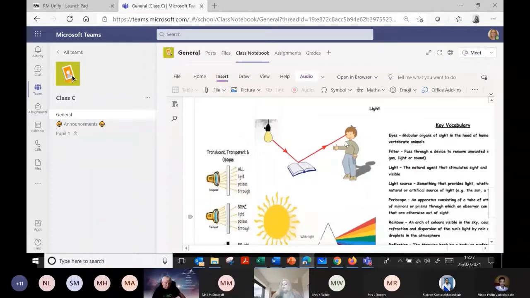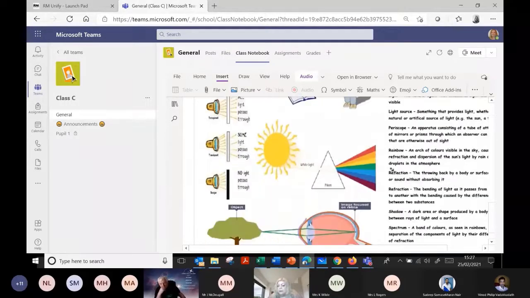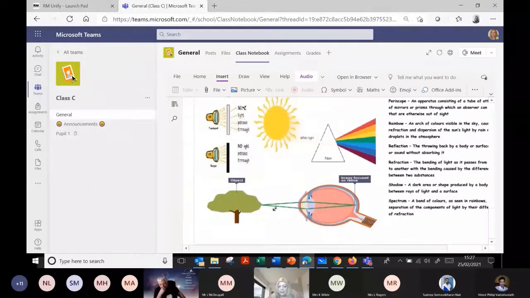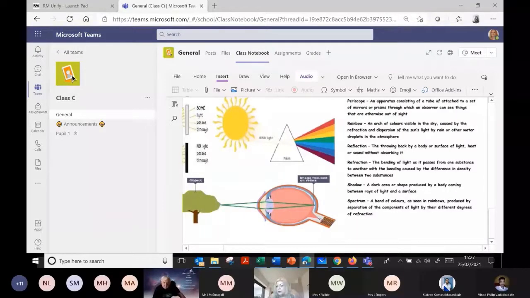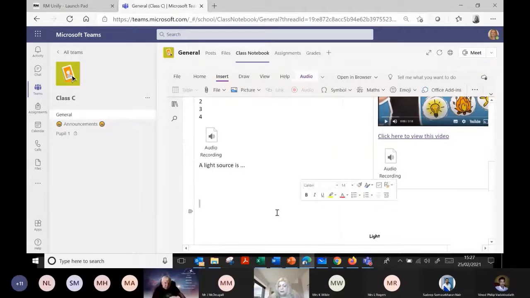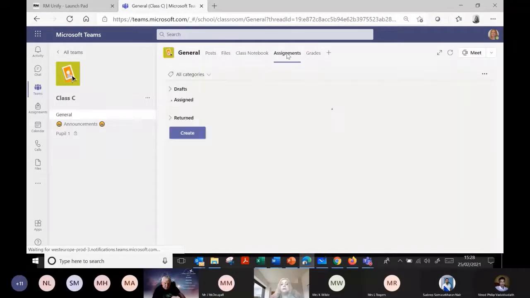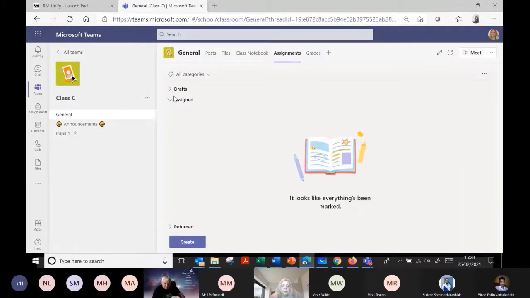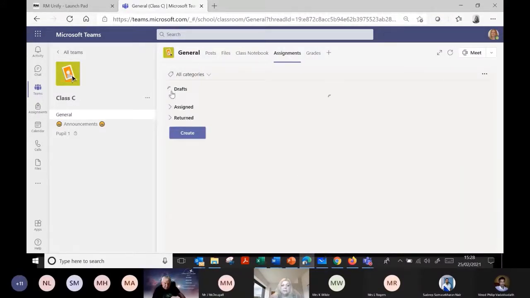Now, if they've got a touch screen, they'd be able to write on that. I haven't got a touch screen, but I can get beneath it and type, so I can actually get around this document and start writing on this screen here. There you go. So this is the page I'm going to send out to children, just so you know. So back in assignments, where did it go? Nothing assigned yet. It's in my drafts, so I can just go back to it